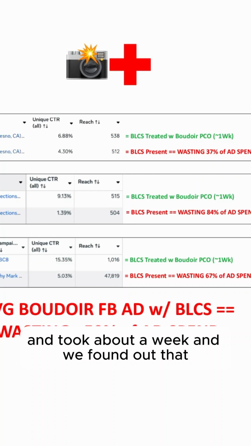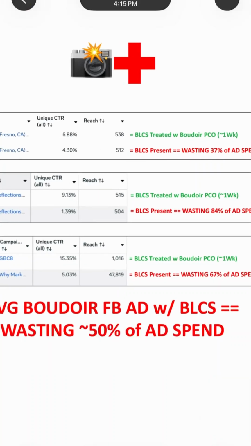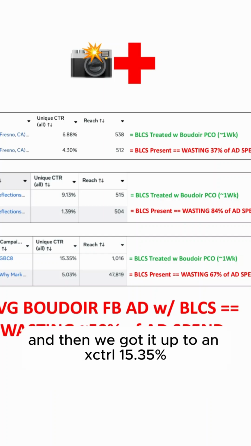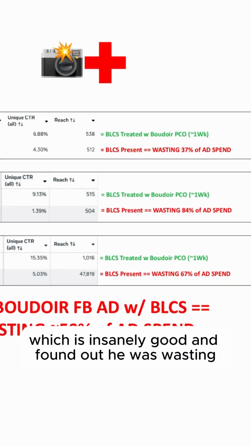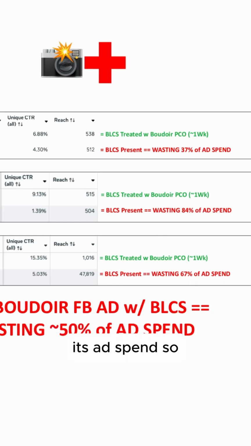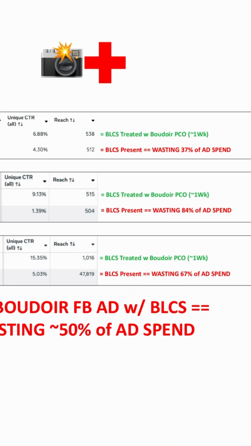And we found out that we went from 5.03%, so we know that BLCS is present, and then we got it up to a unique CTRL of 15.35%, which is insanely good. And we found out his original Boudoir Facebook ad was wasting 67% of its ad spend. So if he's spending 10 grand a month on Boudoir Facebook ads,